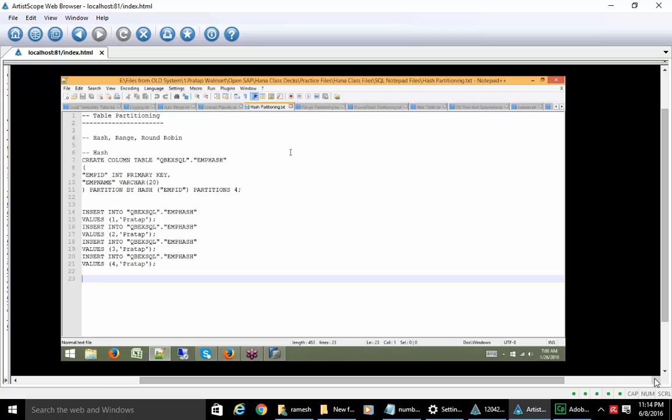And when you say hash partitioning, as I told you, when you're installing the HANA server, you can install it with a single host or a multi-node architecture also. Now, when you go with